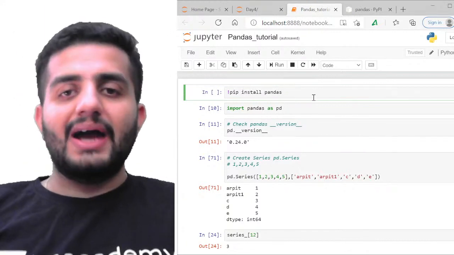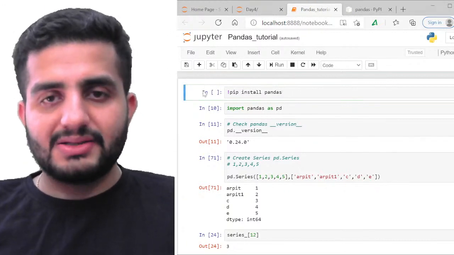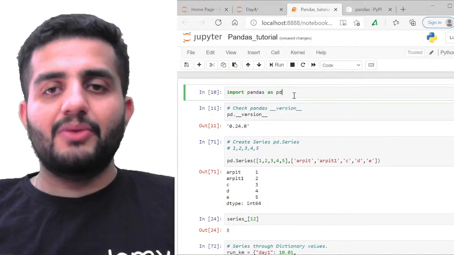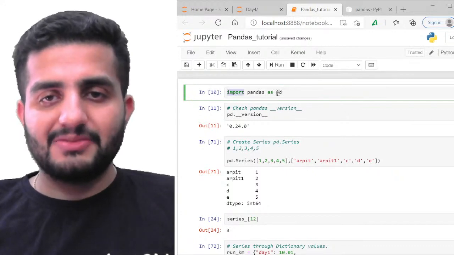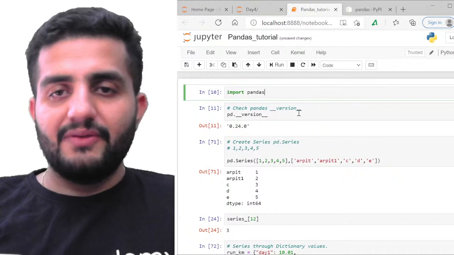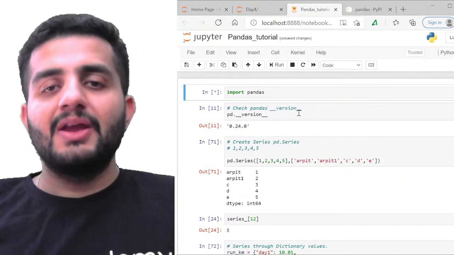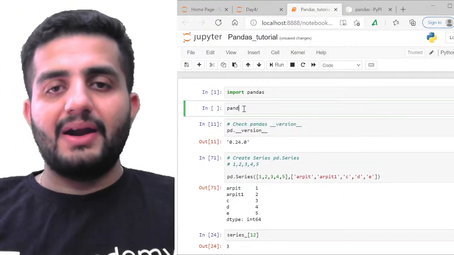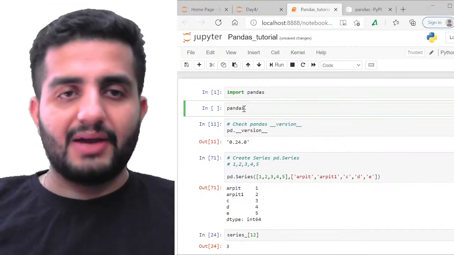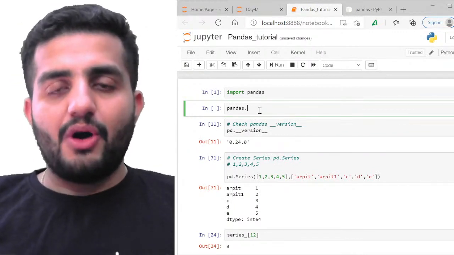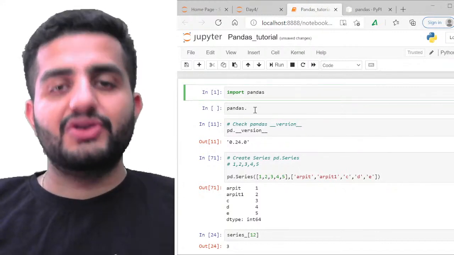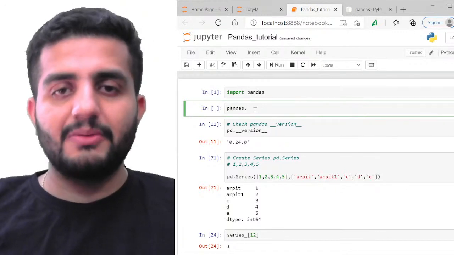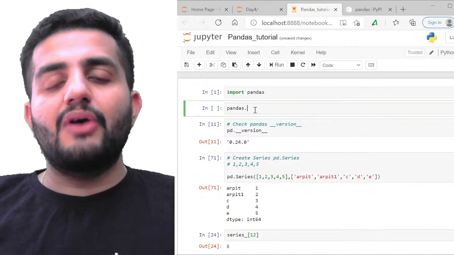Right now I am not going to install pandas here. Once you install pandas, I'm going to import it. Import is the keyword, and pandas is the name of the library. Even if I simply do import pandas, it will still work. But if I have to call any of the functionalities from pandas, I will have to write pandas dot, because Python is object oriented programming. Pandas becomes an object here, and every function within pandas will be an object for this particular thing. So I have to give a dot and look out for what function I want.